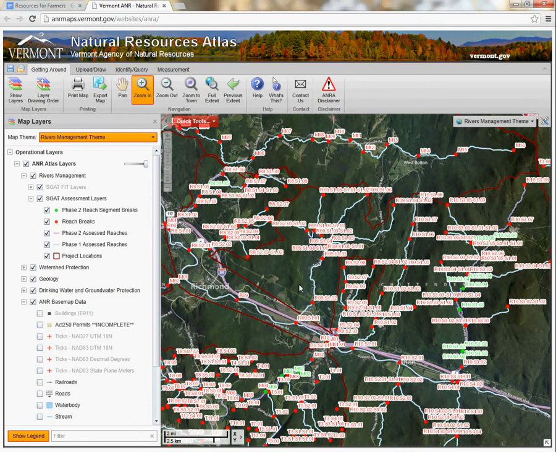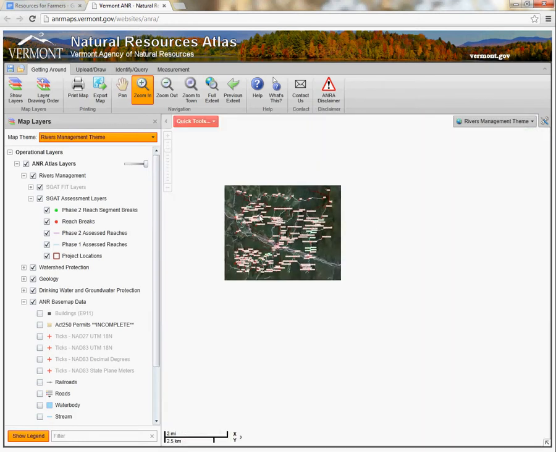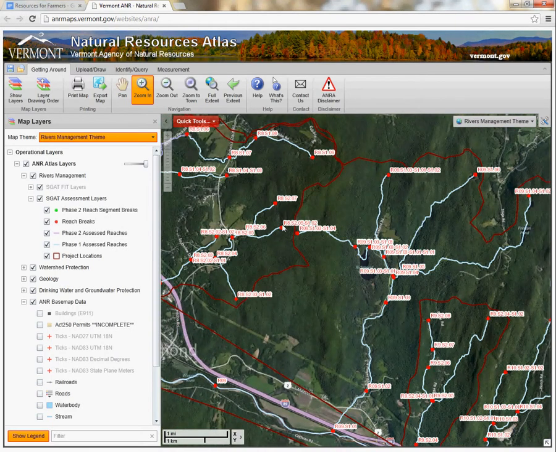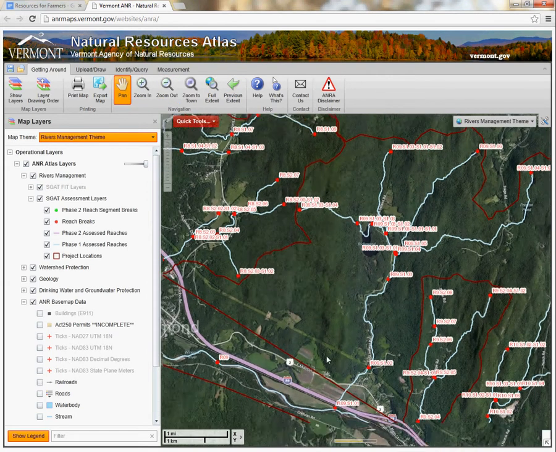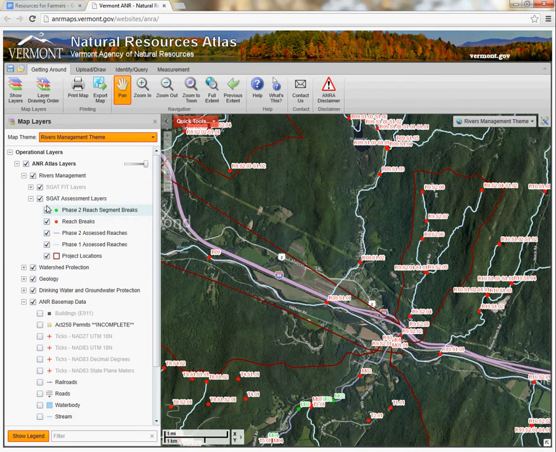Phase 2, however, all of the purple stretches along here actually have people on the ground assessing the river, segments at a time in small reaches or breaks. And that's what all of these green and red dots show, where the stretches of river that they've already worked on start and end. So when these studies are, see what I did there? I accidentally was zooming in instead of panning. So what these stream geomorphic assessment layers actually show are